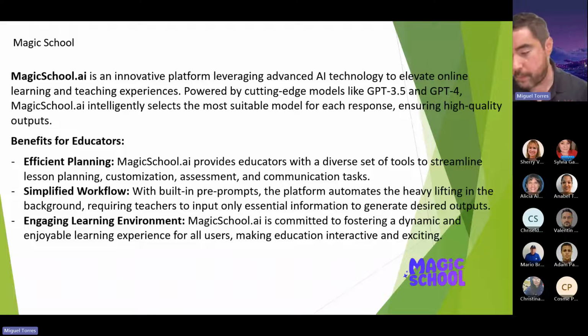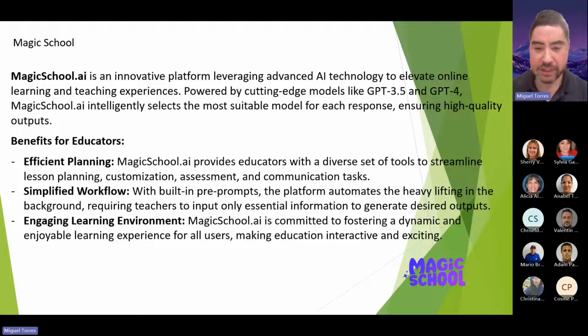So what Magic School AI is, and I'm not going to read it word for word, essentially it's AI technology that uses GPT 3.5 and GPT 4, which are basically the engines that create this foundational AI work, but it's modeled towards teaching.